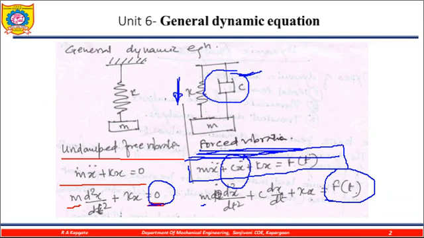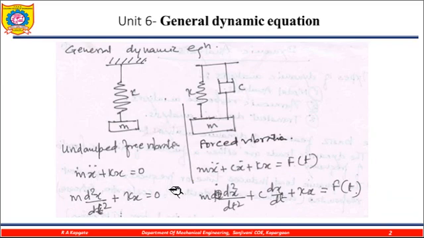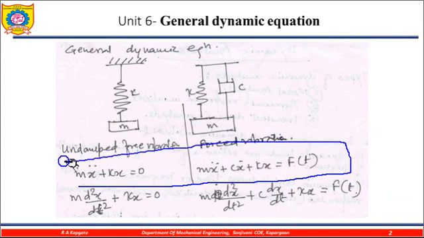Now I hope you understand the clear-cut difference between the undamped free vibration and the forced vibration and the governing differential equation. Our main focus is on this governing differential equation. Don't forget this, because it plays a very important role whenever we are solving problems. In the last unit it looked very difficult, but once you understand, it is very easy to solve the problem. So m into d square x by dt square plus c into dx by dt plus kx is equal to function of t.